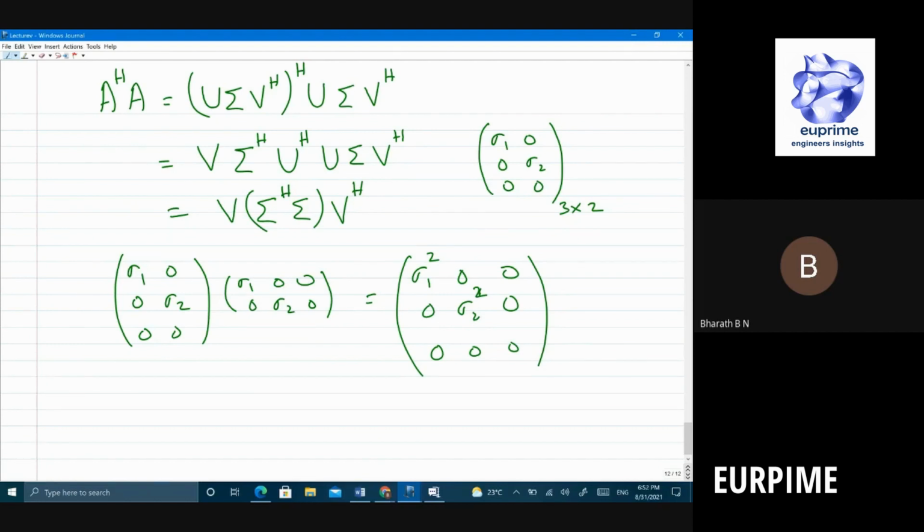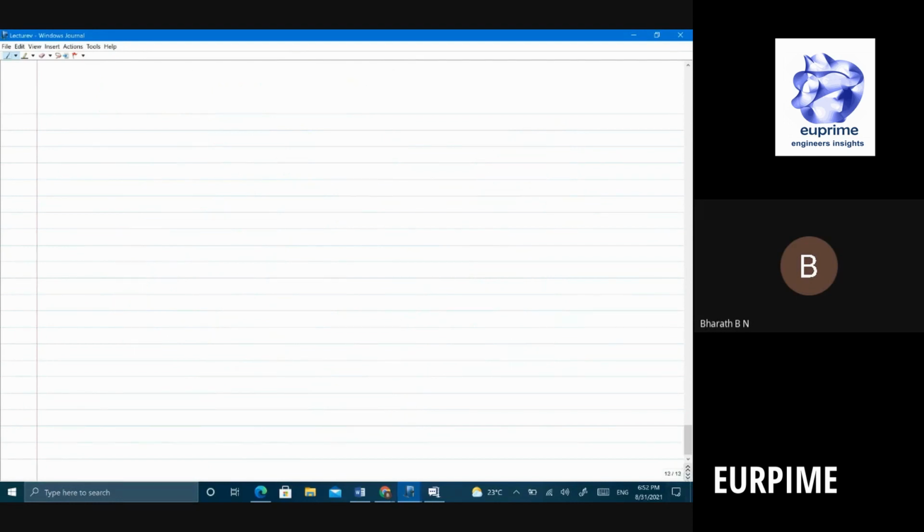What will be sigma Hermitian sigma? If you take it here and this here, you will get a 2 cross 2 matrix. In either case, the eigenvalues that you get will be the same, right? Sigma 1 squared, sigma 2 squared, and so on. The aesthetics will be different. You'll have some zeros here. Okay. This is called the singular value decomposition. Very, very important. So let's look at one small aspect of machine learning called the principal component